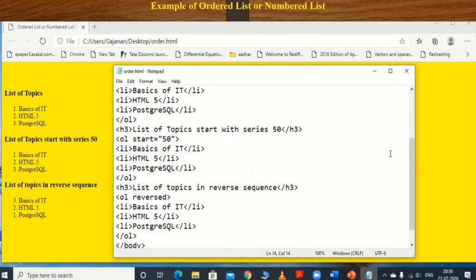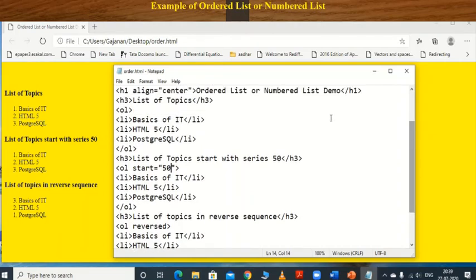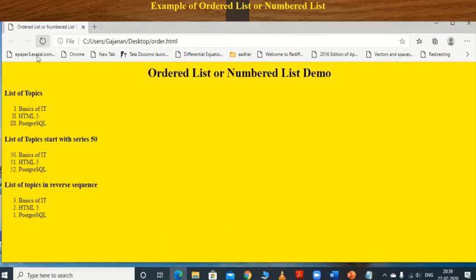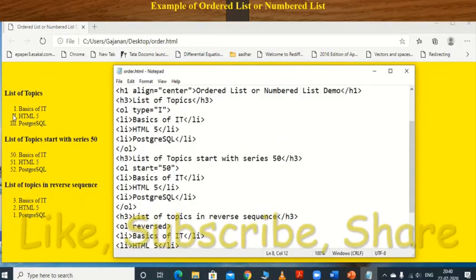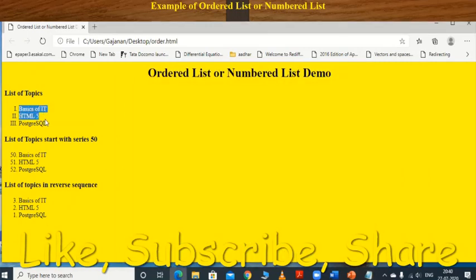And the next thing we do here is assign type equal to, suppose I, save this and execute this. Listen here, your type is set to the Roman numerals, that is I, II, like this one. Clear?